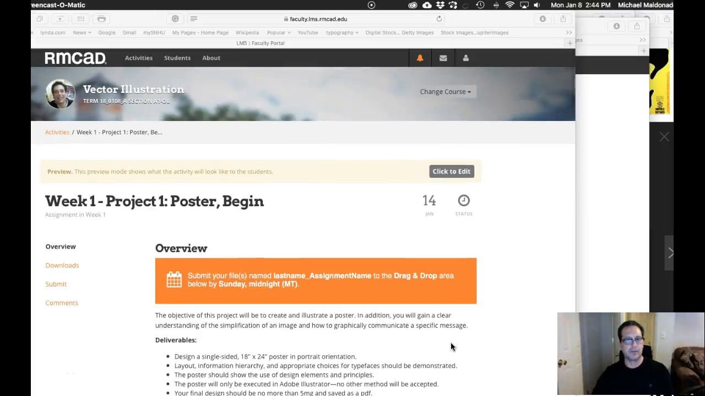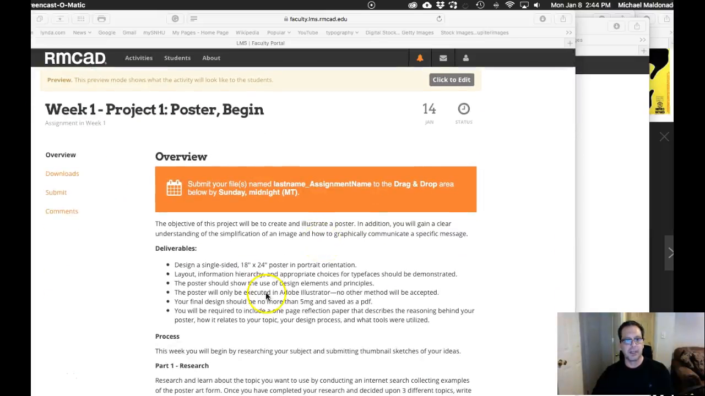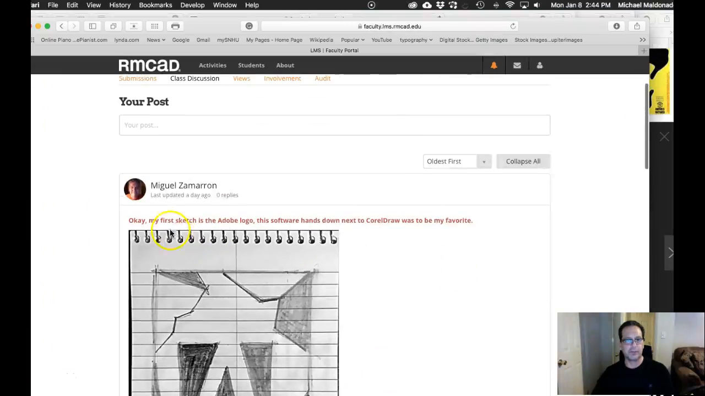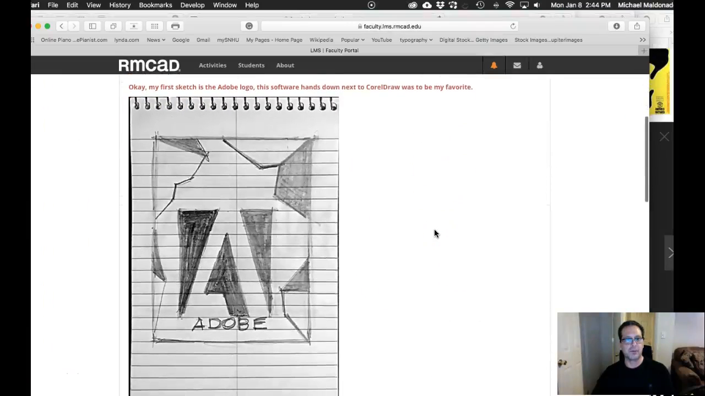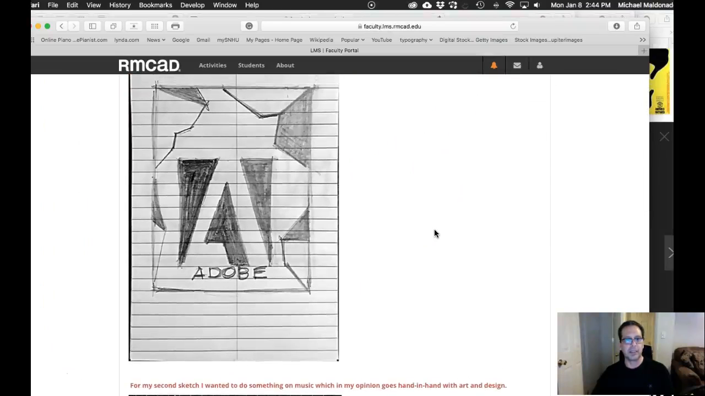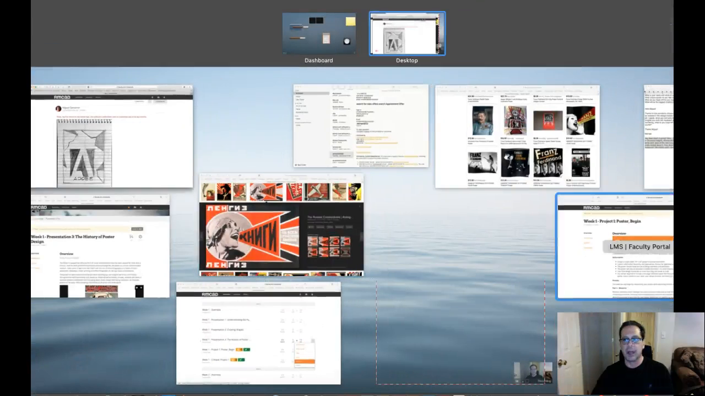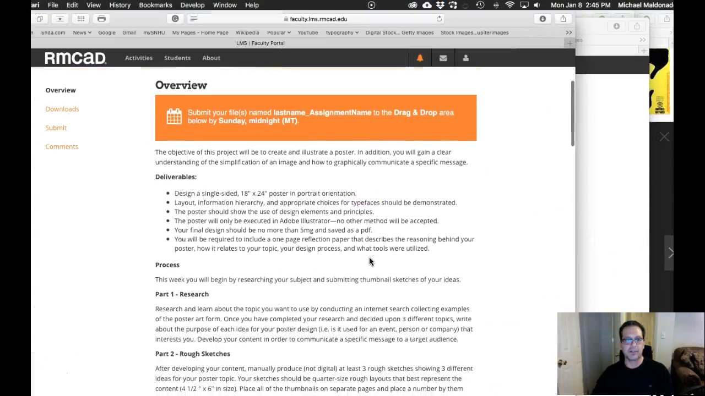Okay, great job. Thank you so much for kicking off our Project One poster begin stage. I got your three sketches right here and your descriptive text as to what your reasoning and meaning is behind the three sketches. So good job. All right, so I want to take a look at some of the sketches and some of